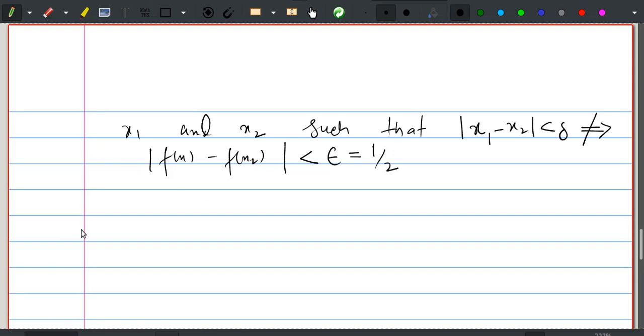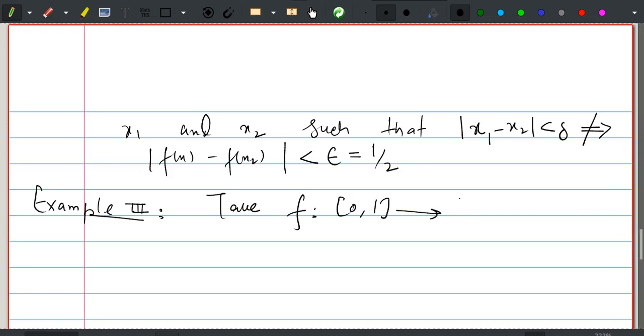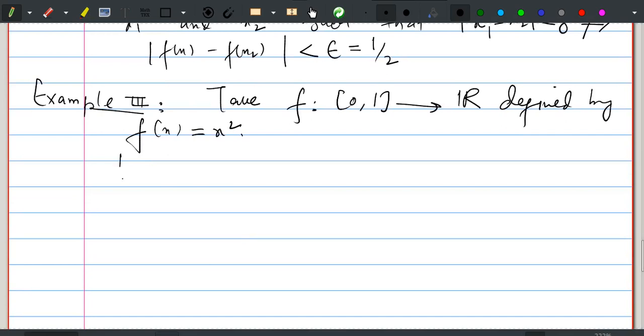Now let us do one example of a uniformly continuous function. Let us take a function f from the closed unit interval 0 1 to the set R of real numbers, defined by f of x is equal to x square. Now we have to prove this is uniformly continuous. Let x1 and x2 belong to the unit interval 0 1. Then